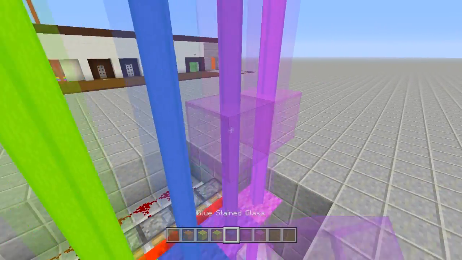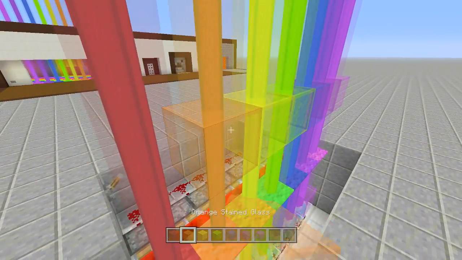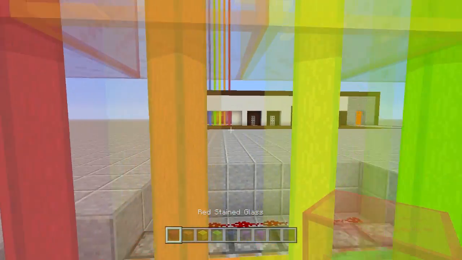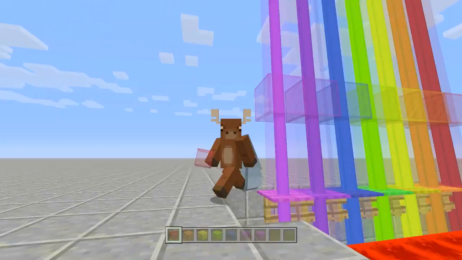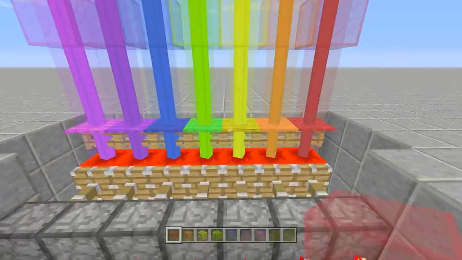So right there, make sure you are 2 blocks above it. This is just so we get locked out. So now I can't walk through. As you see, I cannot get through the door right now. Absolutely cannot get through. However, once we flip down this lever, I will be able to walk right through because